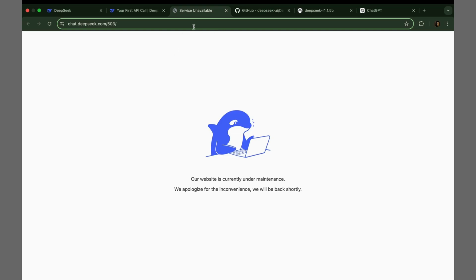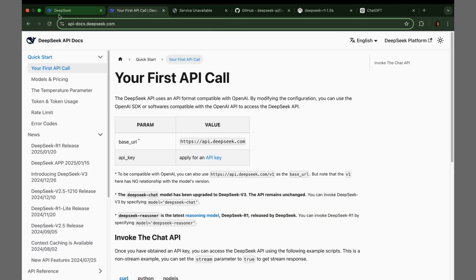Yeah, so when I go onto the API page, I'm facing a 503 error. It's stating that it's under maintenance. I've seen on Twitter that this Deepseek R1 model is getting a lot of traction and traffic, so they are pulling up all the servers, I guess, but we can experiment once it is back. But moving back to our topic here,